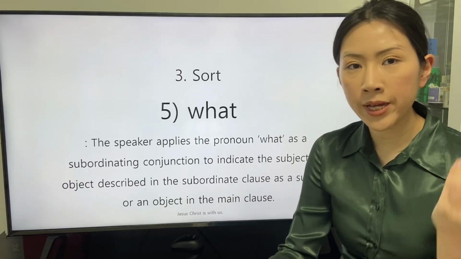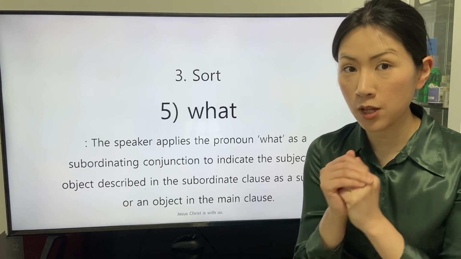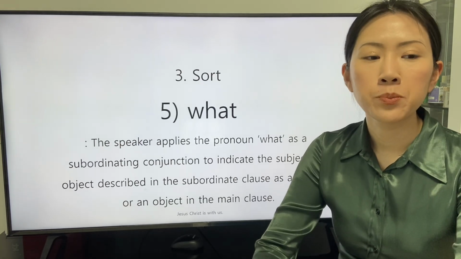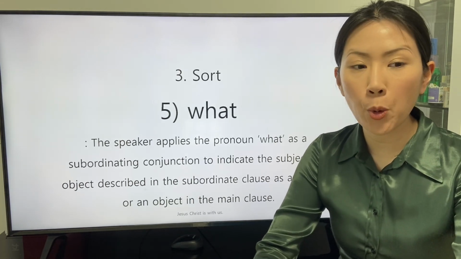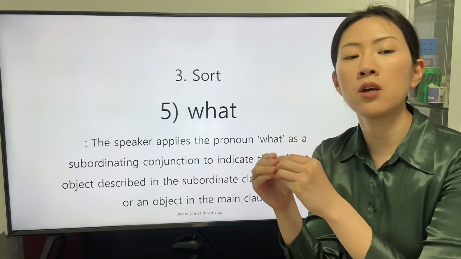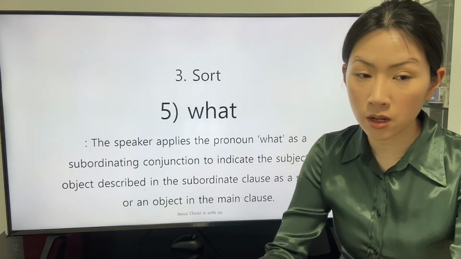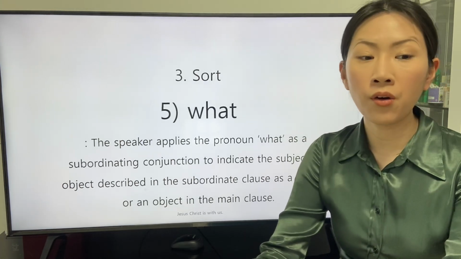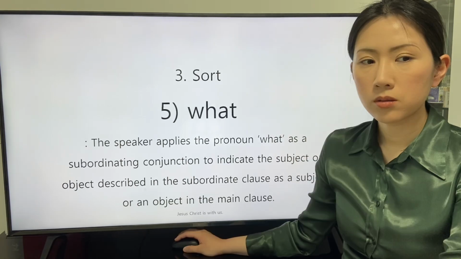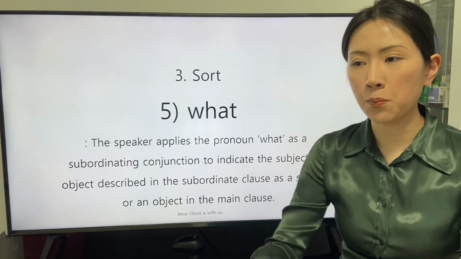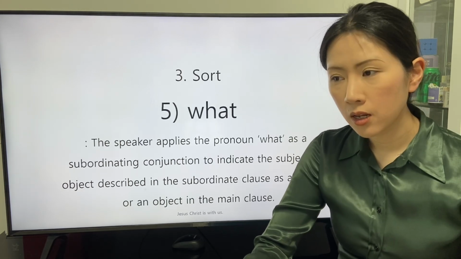From now on, we will study the pronoun what applied as a subordinating conjunction. The speaker applies the pronoun what as a subordinating conjunction to indicate the subject or object described in the subordinate clause as a subject or an object in the main clause. The application of the pronoun what as a subordinating conjunction